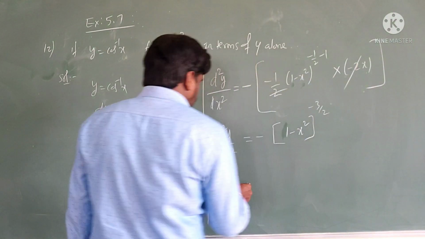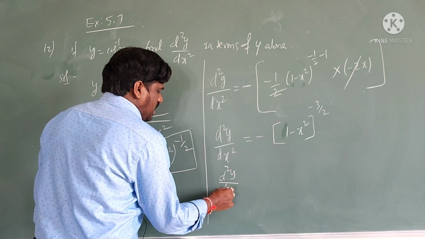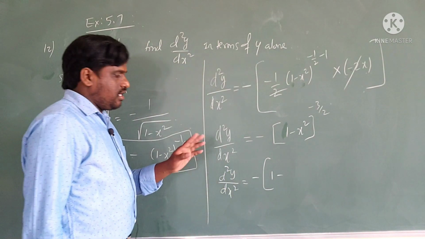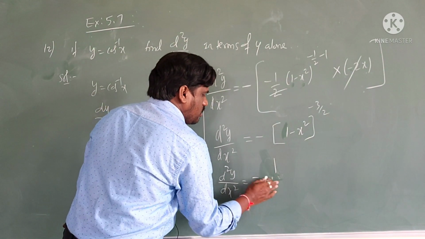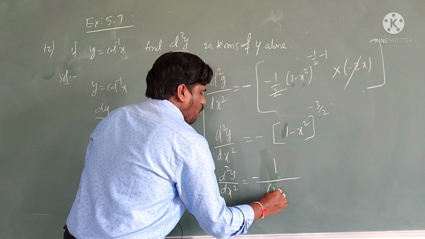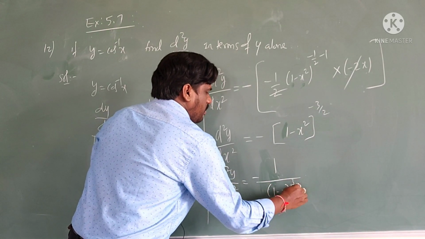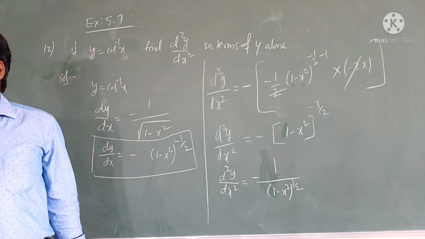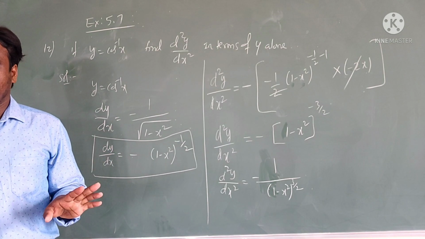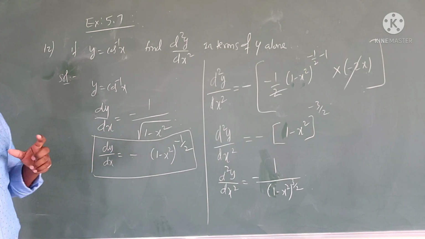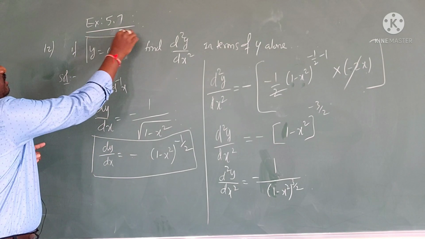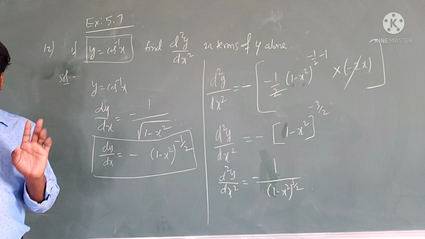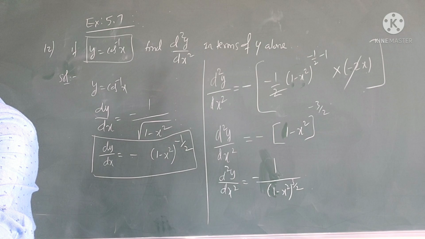So this is what you are going to get. So I can write d2y by dx square is equal to minus 1 upon 1 minus x square to the power of plus 3 by 2. I got the answer, but it is given clearly in the question that you have to express in y terms, y alone. So what we will do here, we take this concept and convert it into y terms. Look here clearly, just note down, I'll explain the steps.